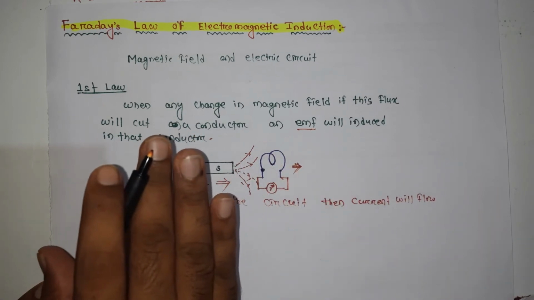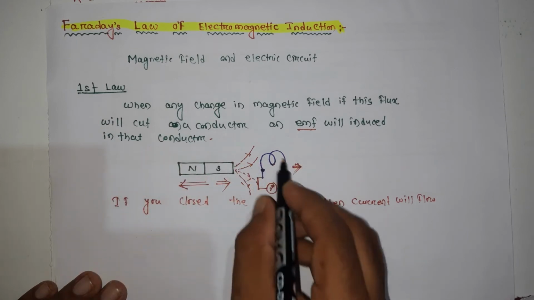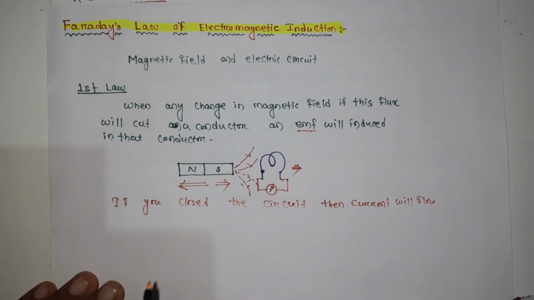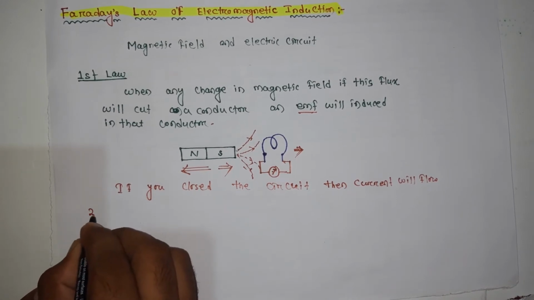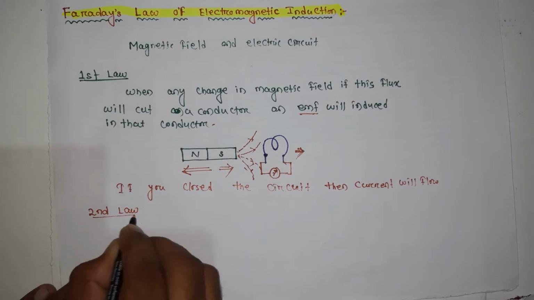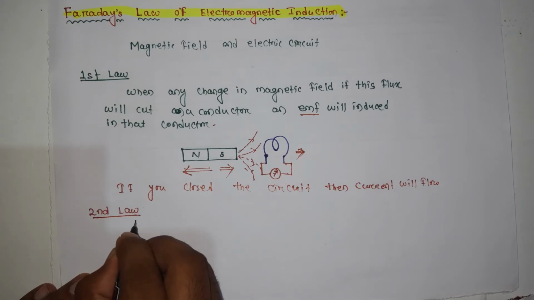This is the first law. In this law we discuss how EMF is induced in that coil. Then we discuss the second law. The second law derives what amount of EMF is induced. It states